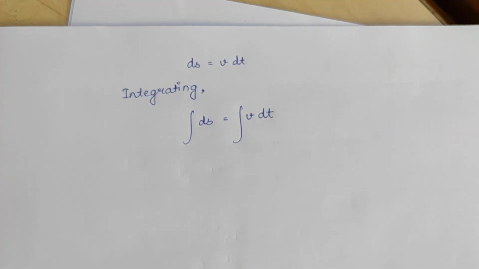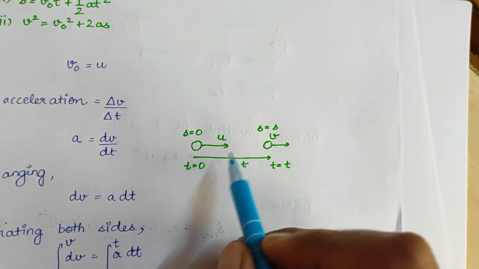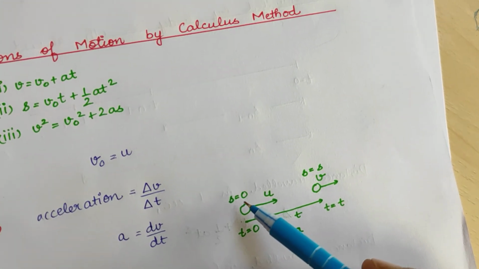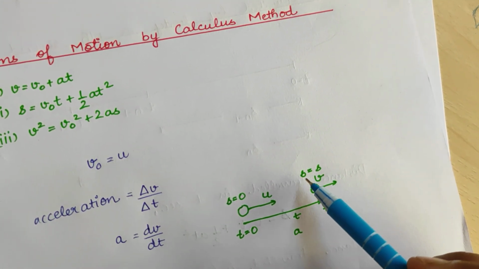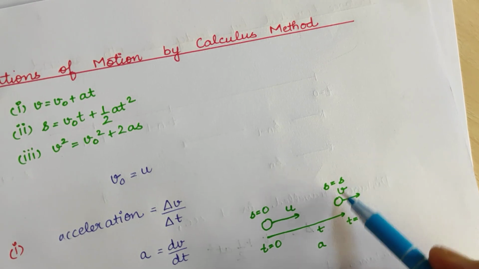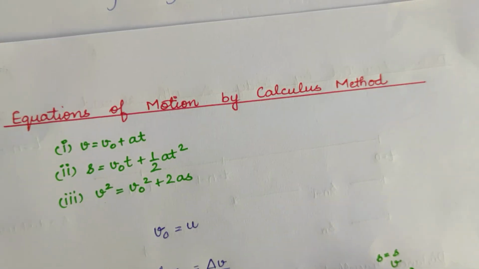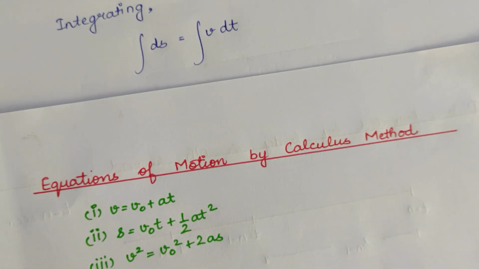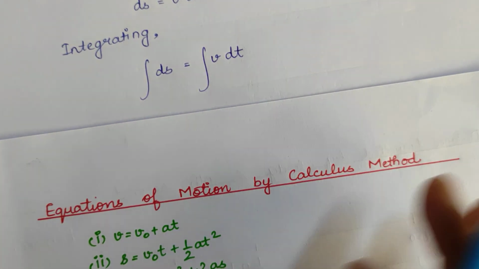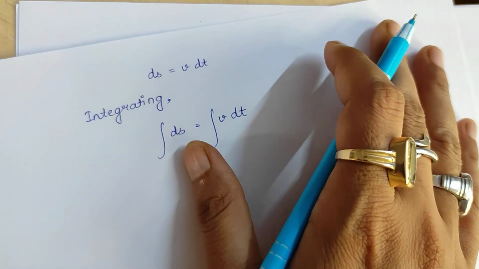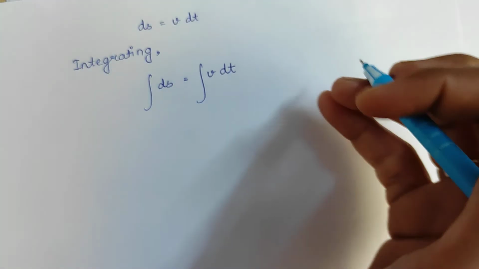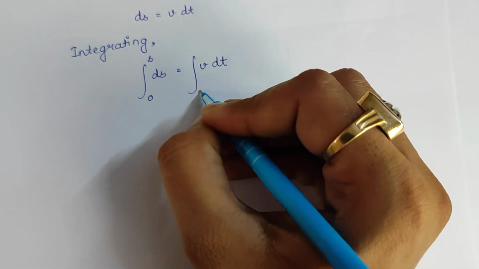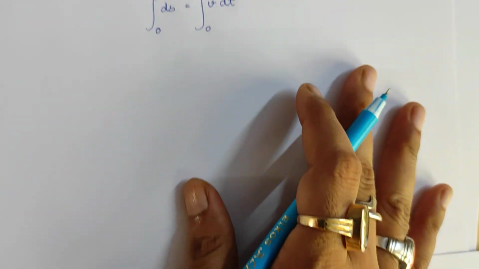Now if I talk about the limits, I have told you about the limits. Which limits do we want? Of distance. So I have told you that s is equal to 0 and s is equal to s at the final point, and we have to take the time limit. We already know that time is from 0. It was 0 initially and then t after covering some distance. So we'll put the limits here. What will be the limit here? 0 to s, and here the limit will be 0 to t.